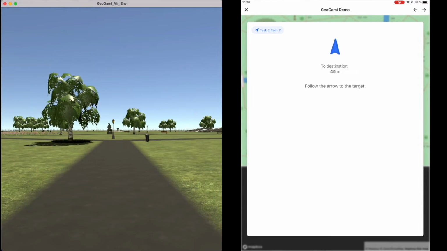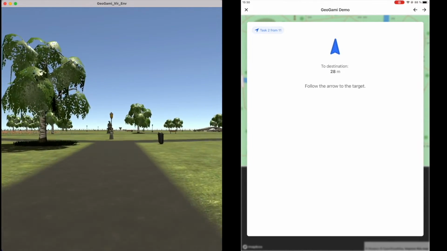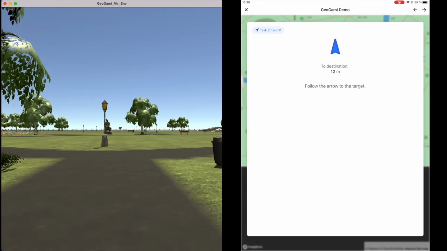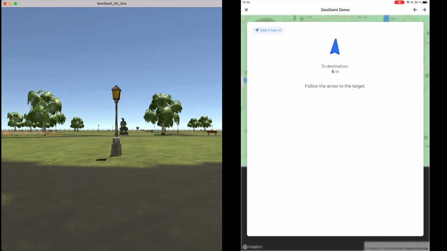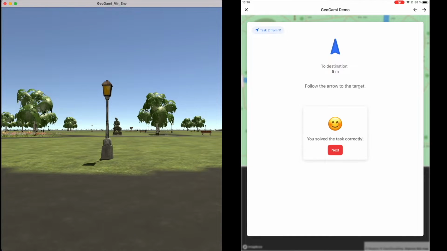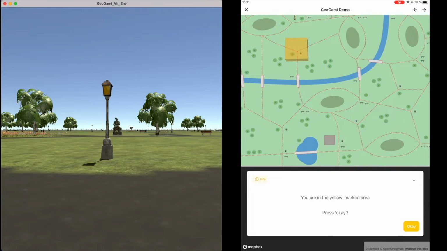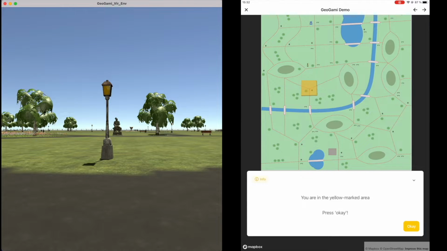You can see that the distance is decreasing. 20 meters, okay. Perfect, it says that you solved the task correctly. Then, if we press next, we will go to the next task. Okay, pressing next, this is the third task, which is an info